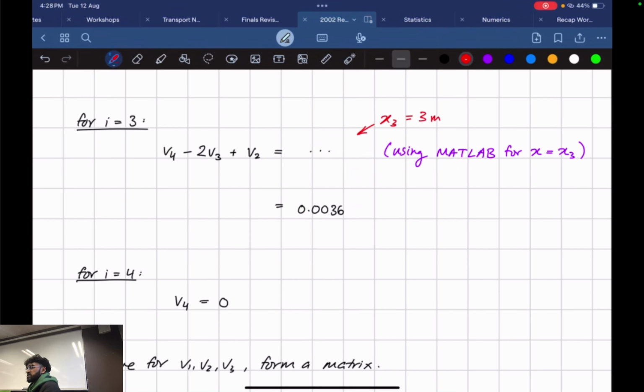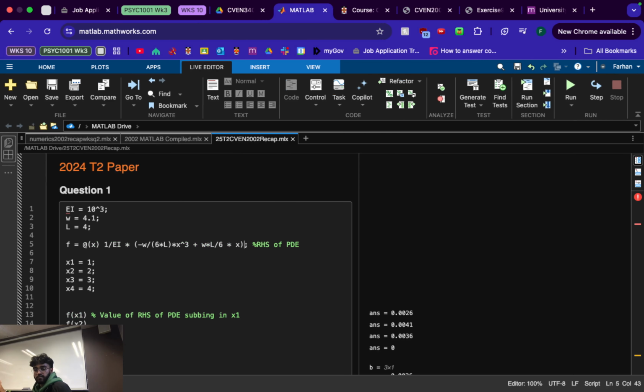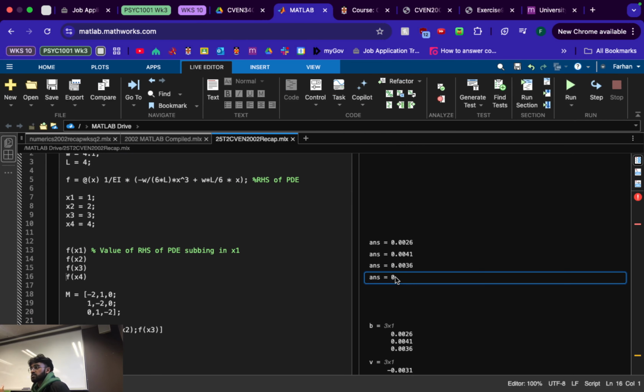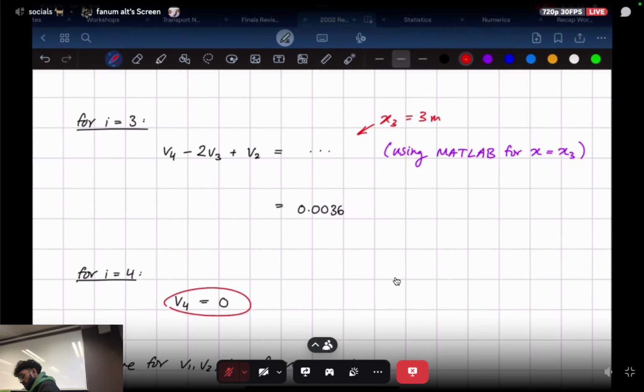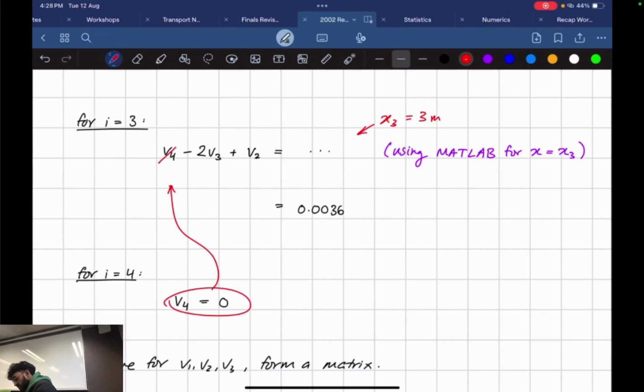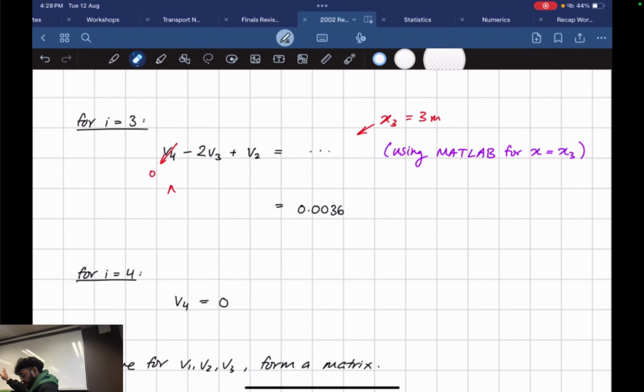Yeah, it's a bit of solid mechanics. If you understand solid mechanics, I think it'll be a bit easier. If not, it's just a bunch of math. Anyways, i4, when you chuck in x4 into MATLAB, you get 0. So v4 is equal to 0. So when you sub this back in up here, this just becomes 0. Surely that's not too hard to understand. Subbing it in, you get 0. Cool. So therefore, for this one, you get minus 2v3 plus v2 is equal to